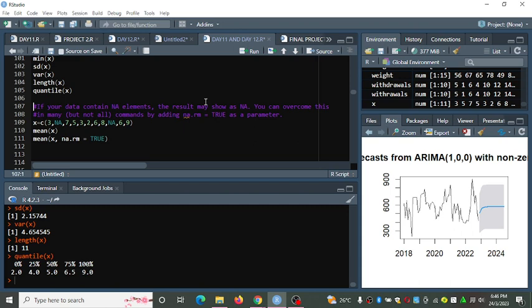You can overcome this in many ways, but by adding na.rm equals to true. In layman's language, what does the na.rm function do?